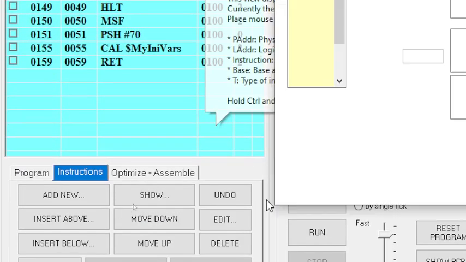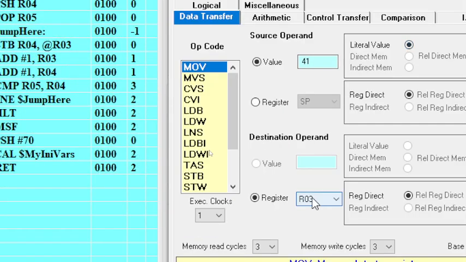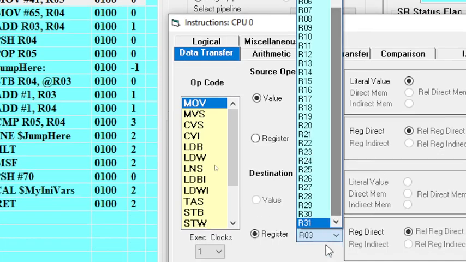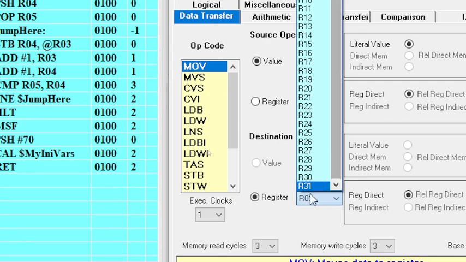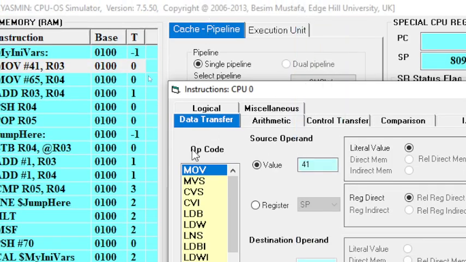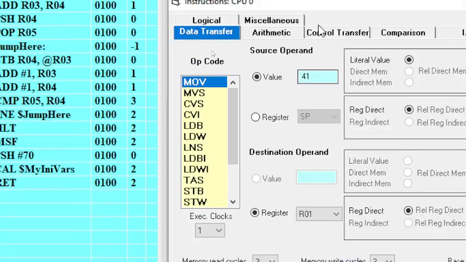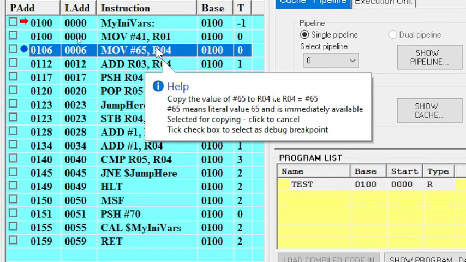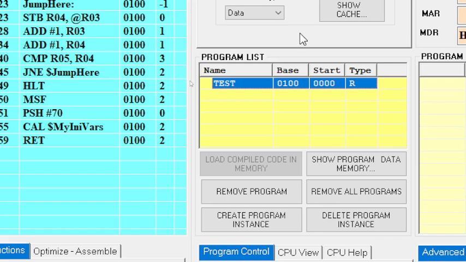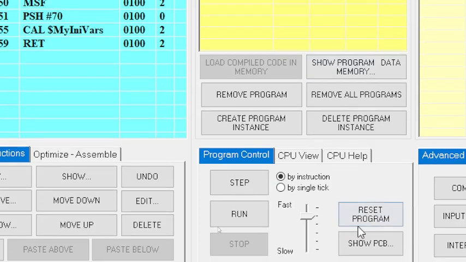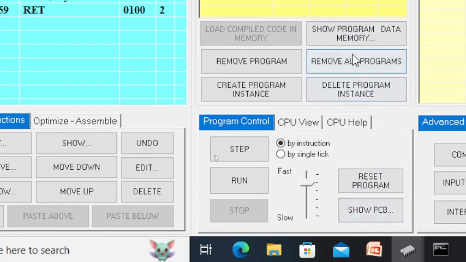Okay, so we edit this into R01. And how many variables do we have? We have 31. So R01, any value, actually any register you can use, because we are holding temporary values for computation, running the function, returning values and everything.